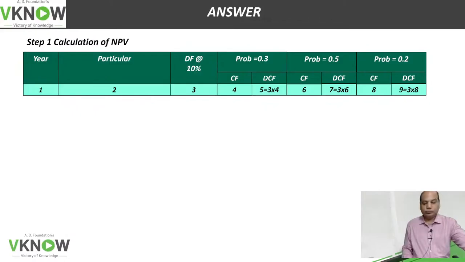So please come to step number 1. Calculation of NPV. Under that, draw this table first. First column year, second column particulars, third column discounting factor at the rate 10%, then probability column,